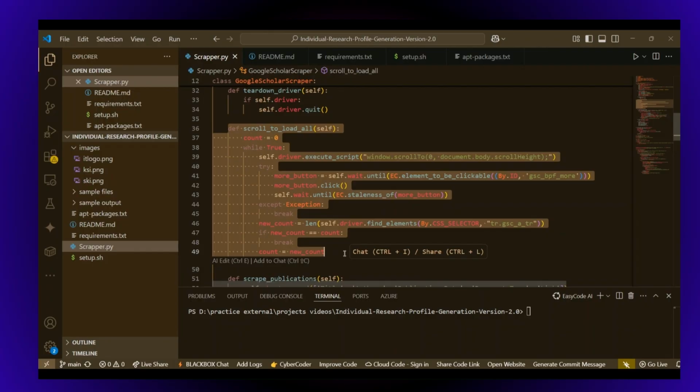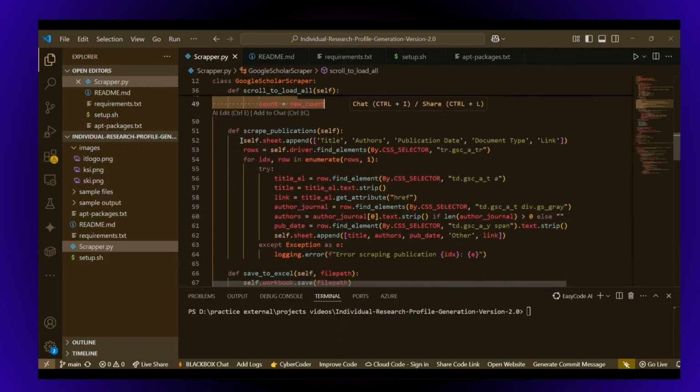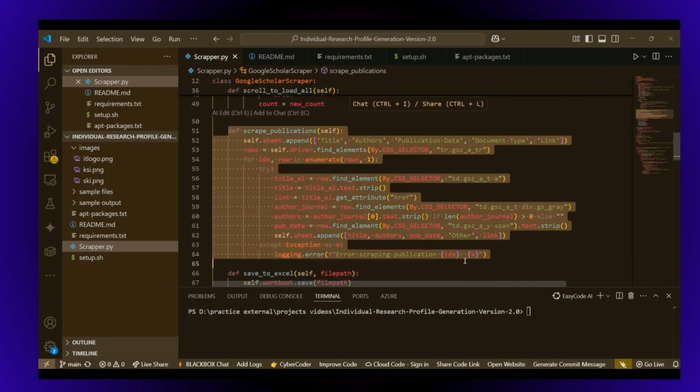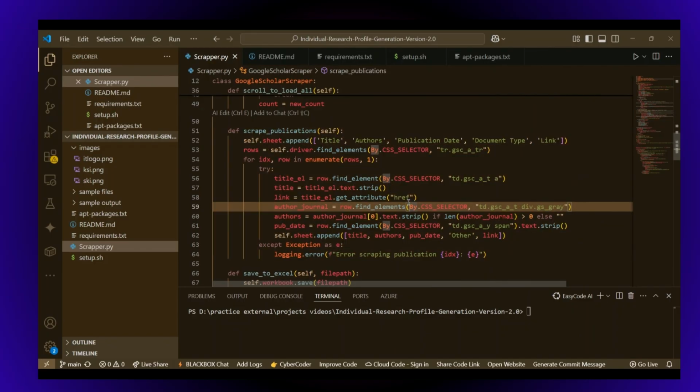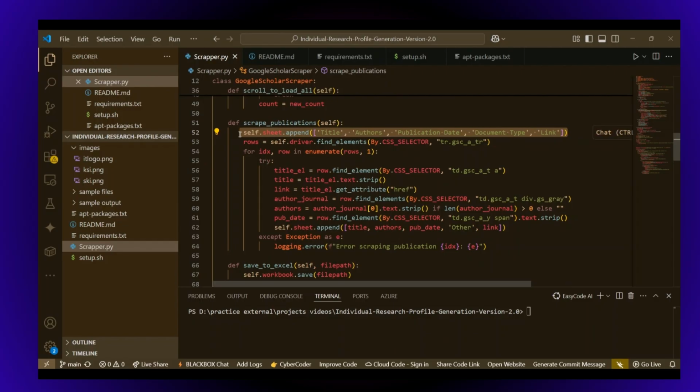After this function, the scrape publication function is used to scrape the publications, particularly title, authors, publication date, document type, as you can see over here, which is given as self.sheet.append, and then the headers of the Excel sheet. So an Excel sheet would be downloaded if you hit download, having all this extracted data.